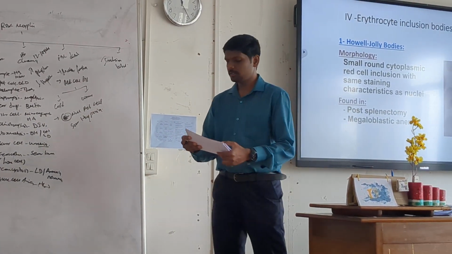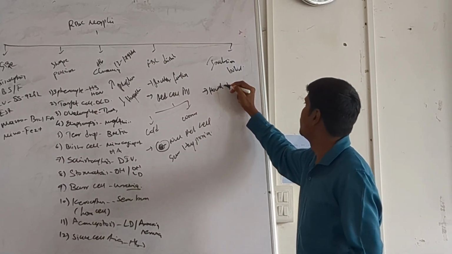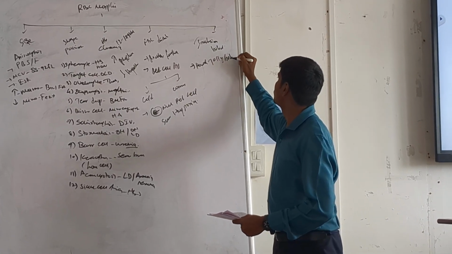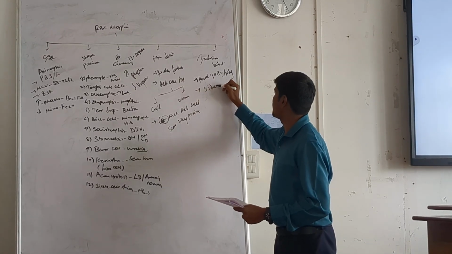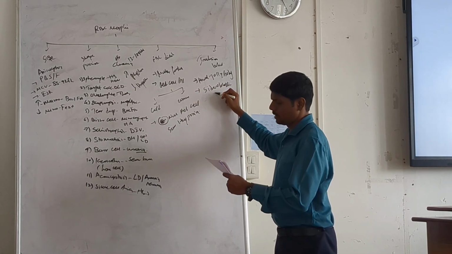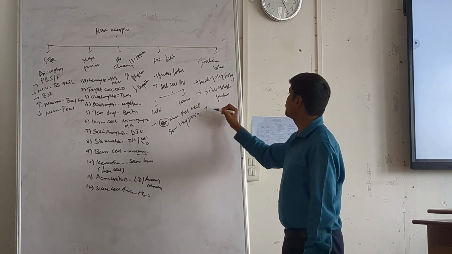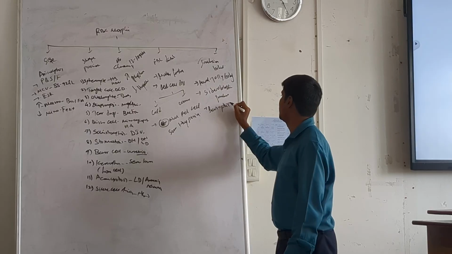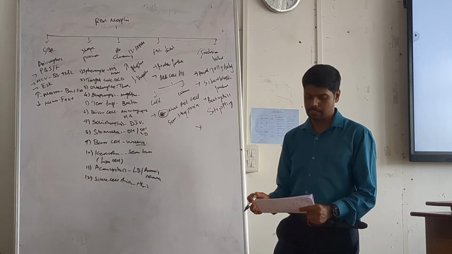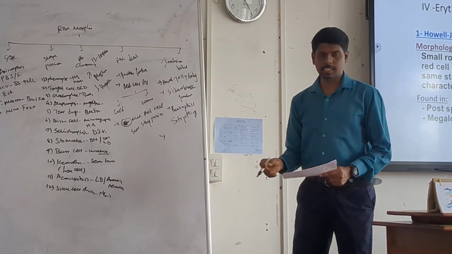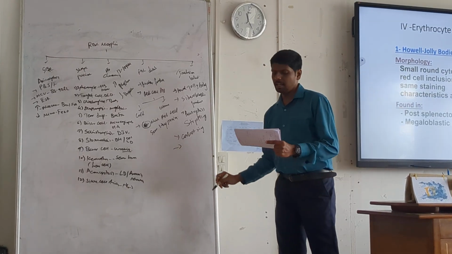Write them down. The first one is Howell-Jolly body. Second one, sideroblastic granules. Third one, basophilic stipplings. Fifth one, Cabot rings. And last and final,